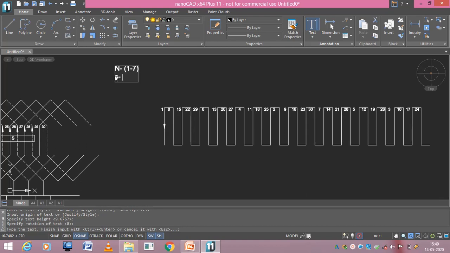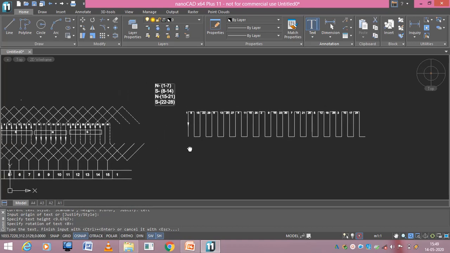In the first south pole, we'll be having 8 to 14 conductors, right? And in the next north pole, 15 to 21, and in the south I will be having 22 to 28 conductors, right?